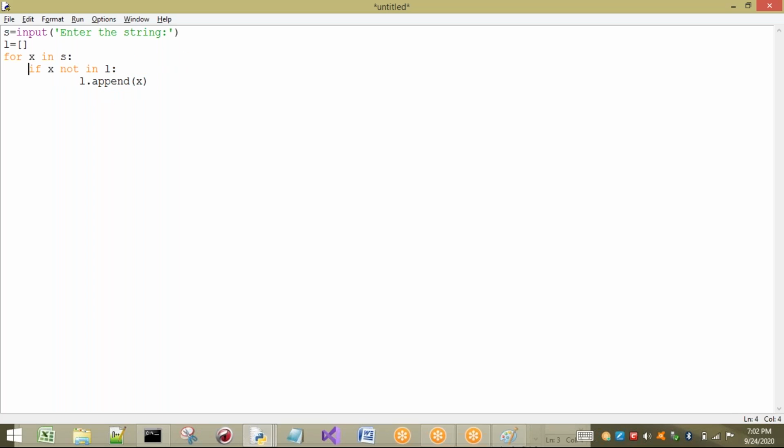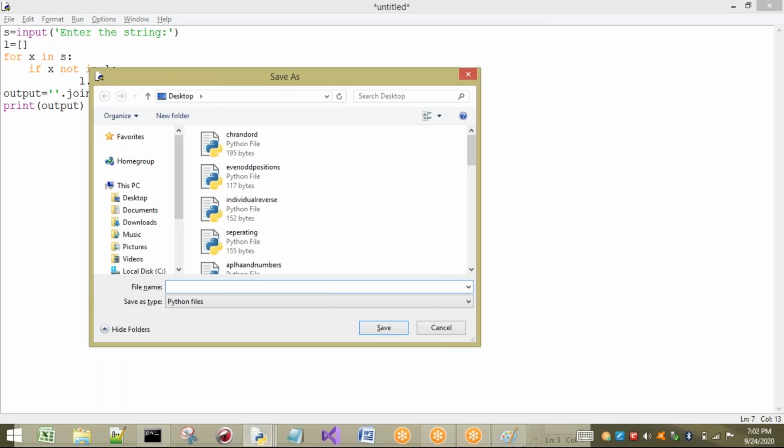After completing this, I will come here and I want to join: output equals dot join of L. Now you can observe the output clearly. I want to print the output also. Print of output.